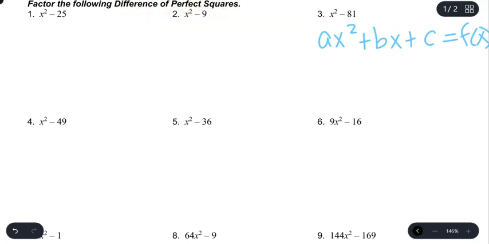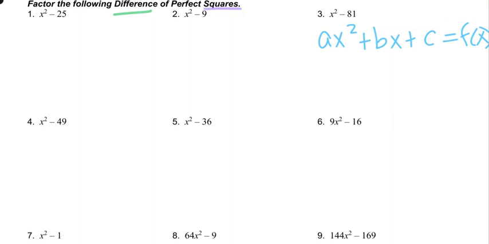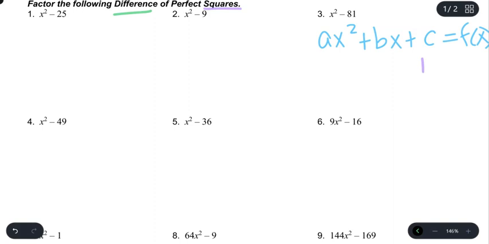Difference meaning subtraction, so that means that you're going to subtract, and squares meaning they're perfect squares. Now, if you recall, here are perfect squares: 1, 4, 9, 16, 25, 36. You get the idea. Perfect squares are when we can take a whole number and square it